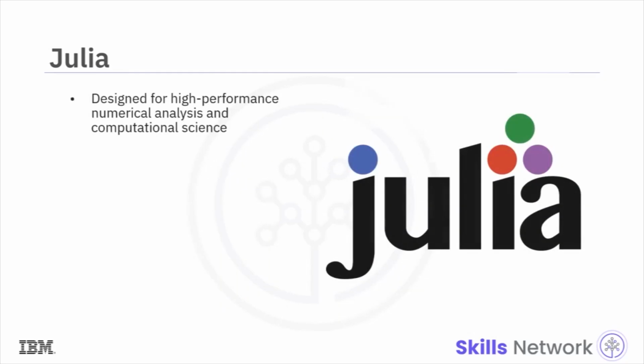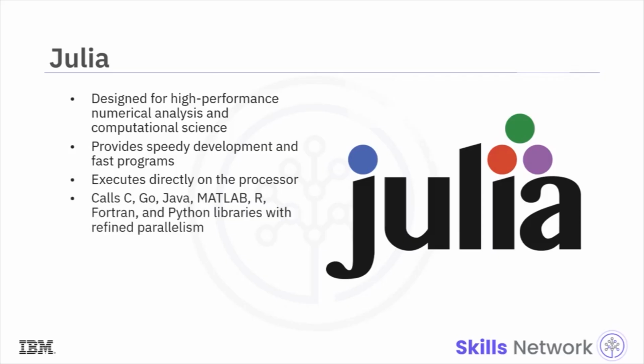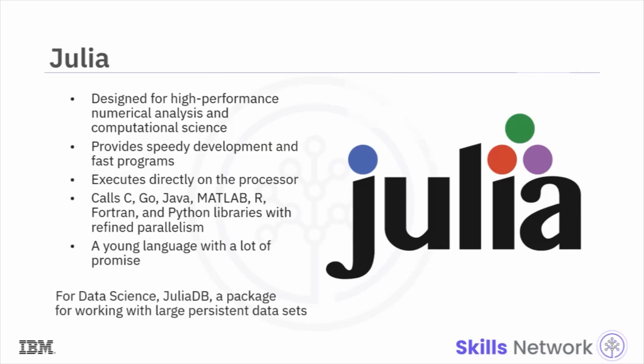Finally, Julia was designed at MIT for high-performance numerical analysis and computational science. Julia provides speedy development like Python or R while producing programs that run as fast as C or Fortran programs. It is compiled, which means that Julia code is executed directly on the processor as executable code. It calls C, Go, Java, MATLAB, R, Fortran, and Python libraries and has refined parallelism. Julia as a language is only 8 years old, written in 2012, but there is a lot of promise for its future impact on the data science industry. And one great application of Julia for data science is Julia DB, which is a package for working with large